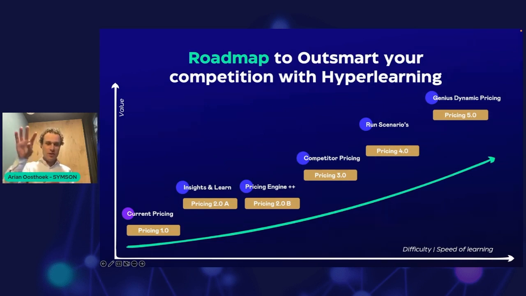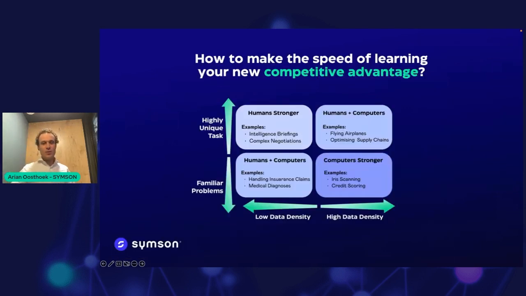You see it on the top of the axis. I will ask the moderator to go to the previous slide. There you see the top right of the axis, where humans and computers both win. We have a lot of tasks in pricing which could be automated by the pricing engine. But we also have situations where a new customer comes in or a new situation happens in the market where you need the feedback of you as a pricing expert. And by combining it, the computer learns.